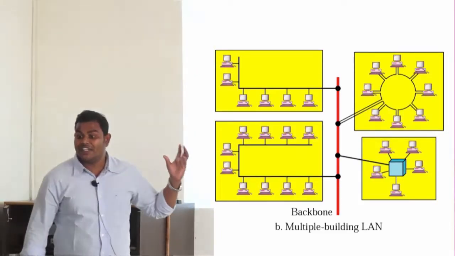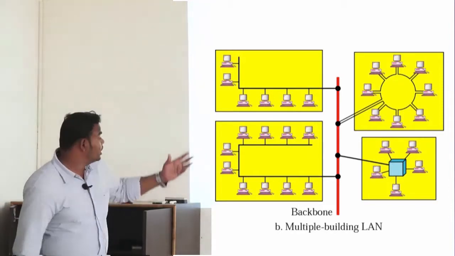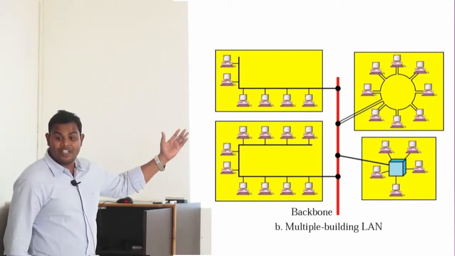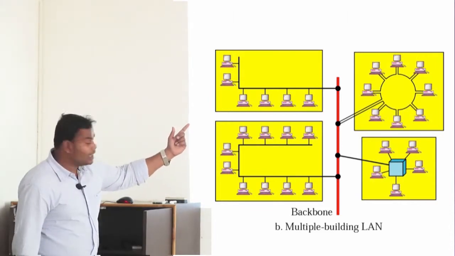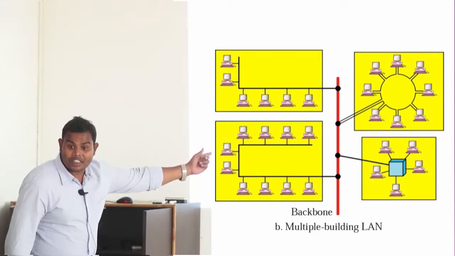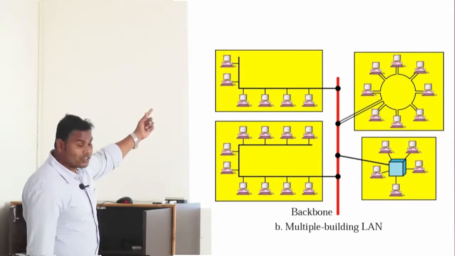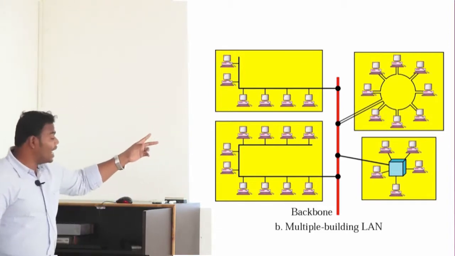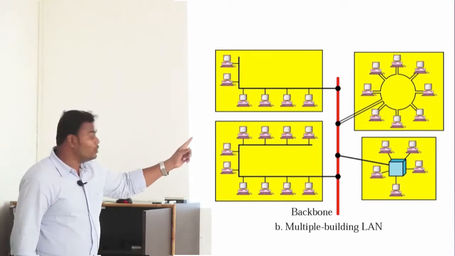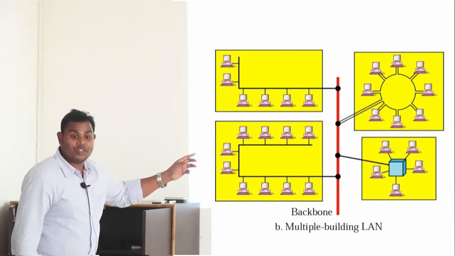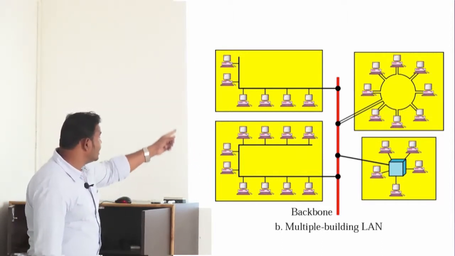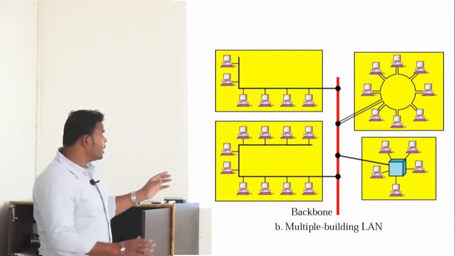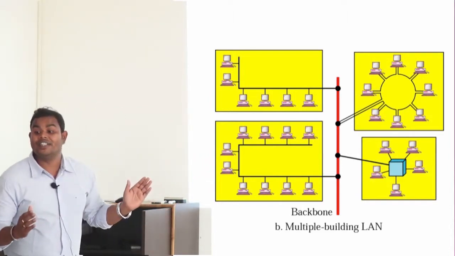I told you about hybrid topology, remember? So this is an example of hybrid topology. Here, how many topologies are involved? A ring topology is there. This is a star topology, the second one is a bus topology, and this is also a bus topology. So two bus topologies, one ring topology, one star topology. Again they are connected to a single dedicated line, so again a bus topology. Clear? So this is an overall hybrid network.